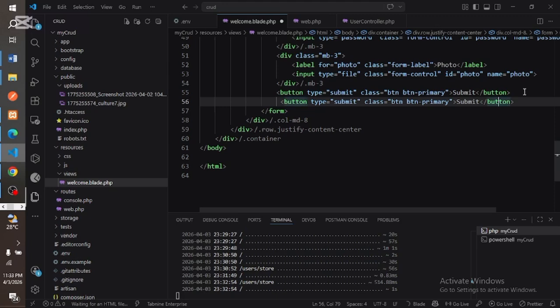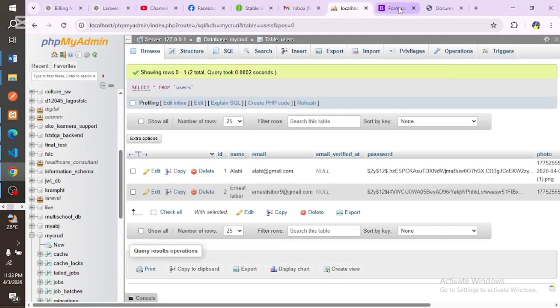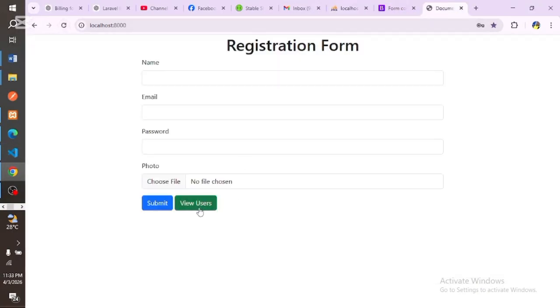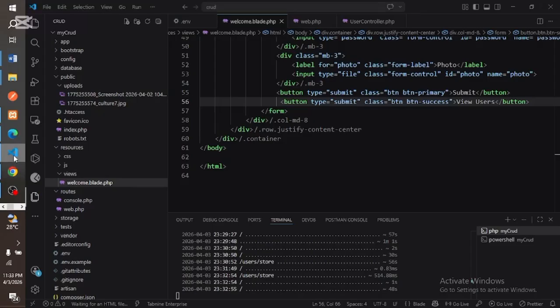So yeah, I'll create a button. I'll call this view users. I'll change this to maybe, I'll call it success button. Okay. So I've created another button where I can view users from. So yeah, if I save it, you can see, so that when they click on this view users, it will view the users that we just created in our